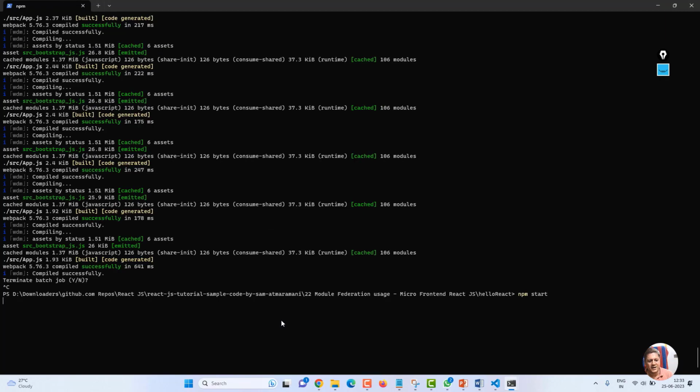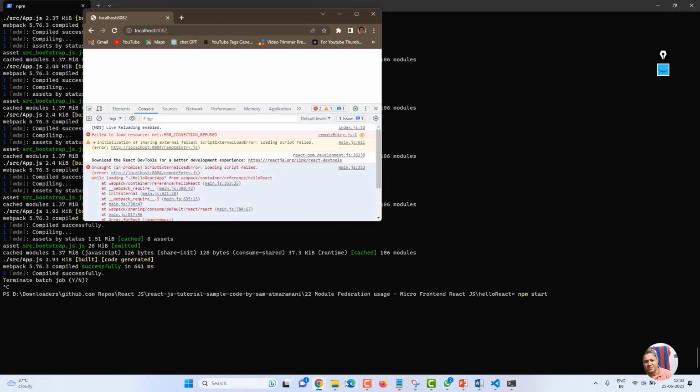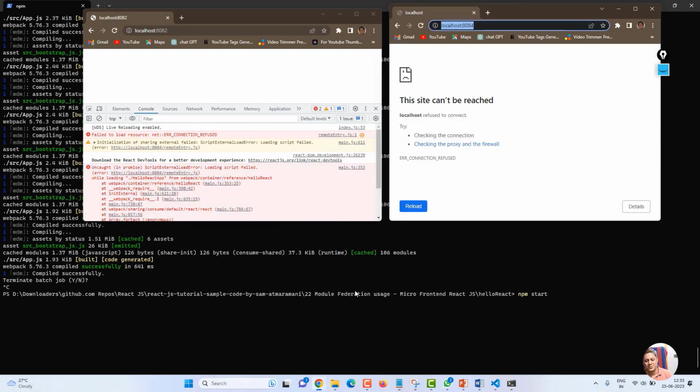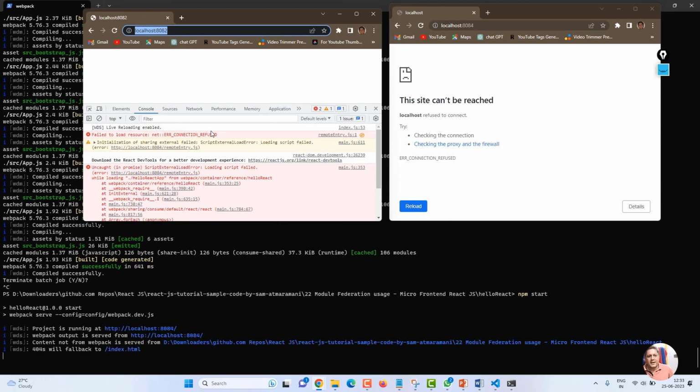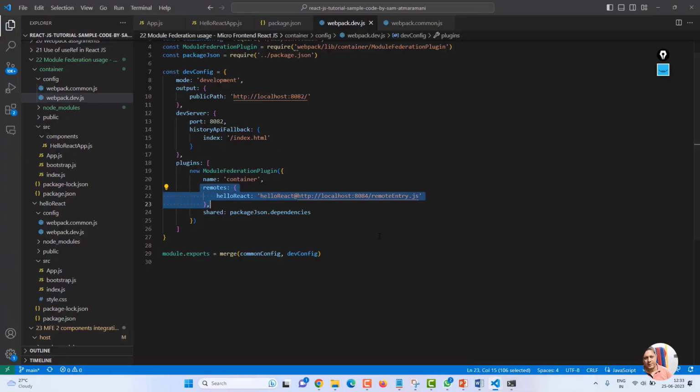So let me start it again so that you can make sure that whatever I am doing is in the Micro Frontend only. I am using two different ports. One is 8082 and one is 8084. This is the remote port, and this is the container and host port, which is the heart of the application, which I was talking about throughout my video. And there are Webpack configs actually. Let me show again very quickly to recap. This is my